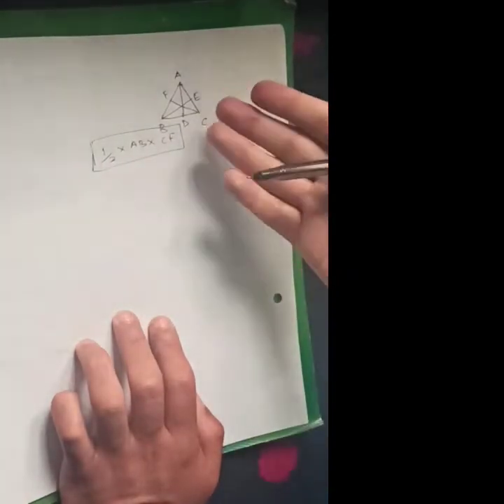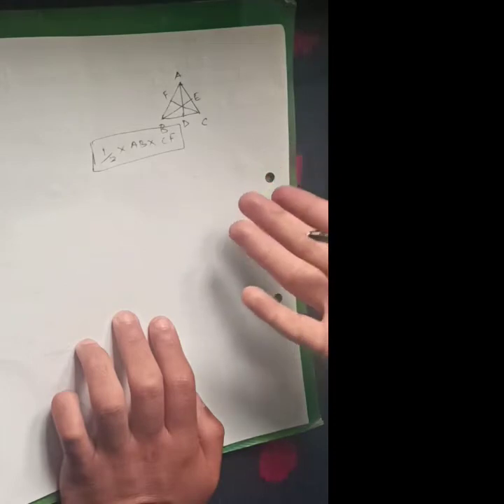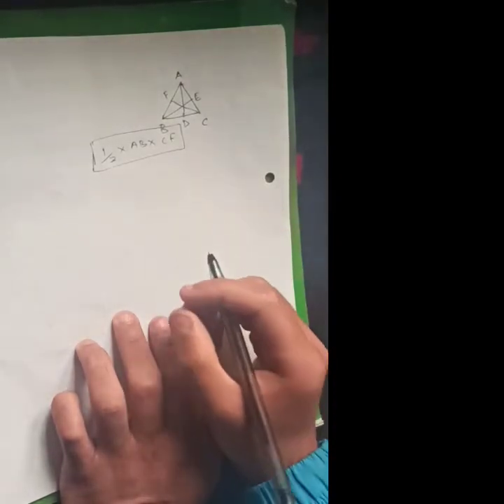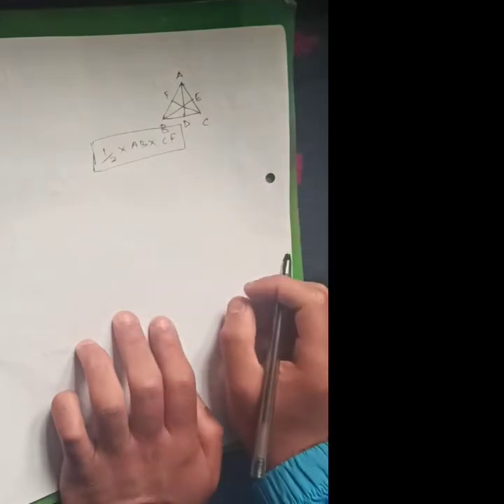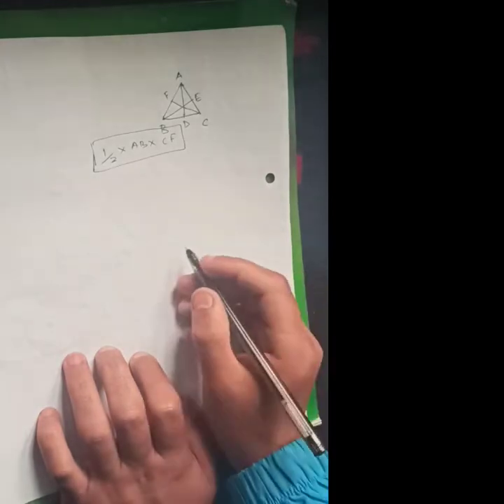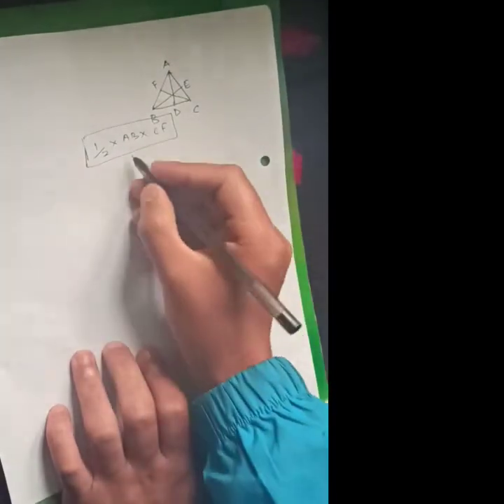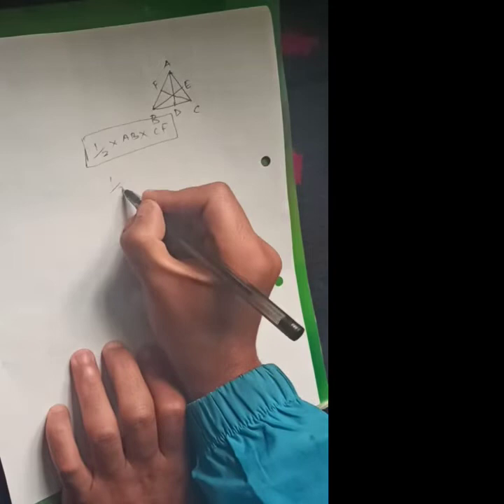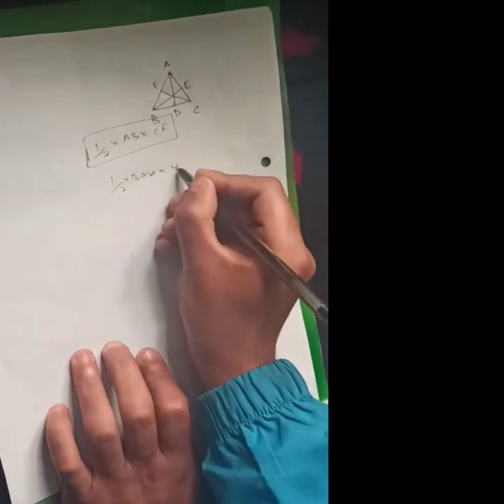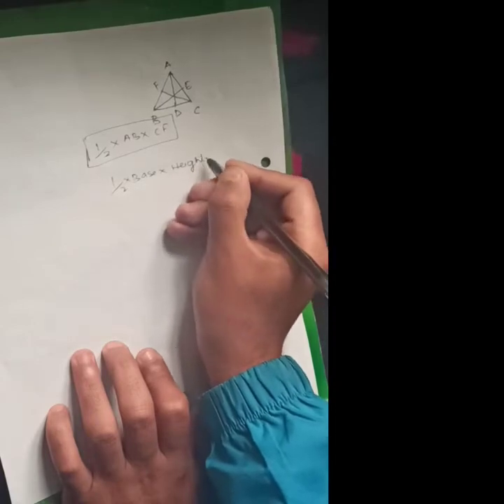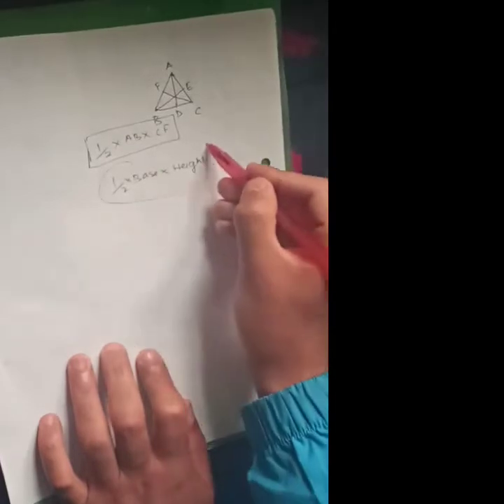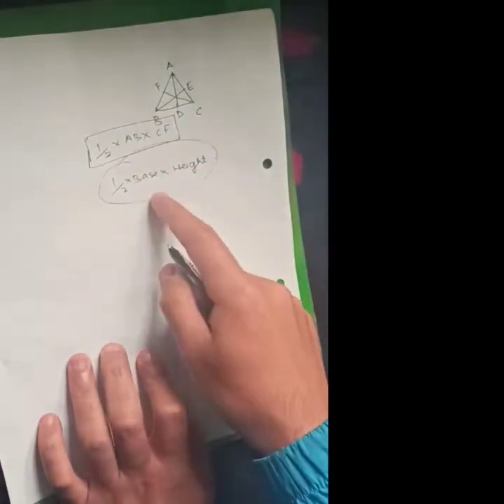We have taken the three sides one by one as base. Then we calculate the area by using the basic formula of the area of triangles, which is 1/2 into base into height, which you people have already known. So this is the basic formula for calculating the area of a triangle in which a base and height is